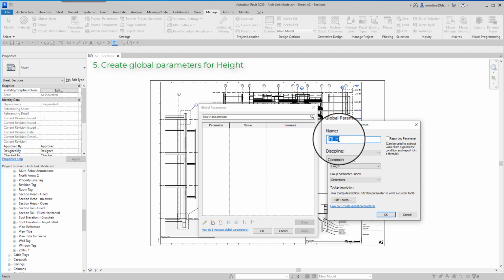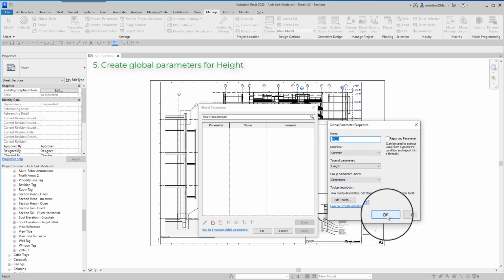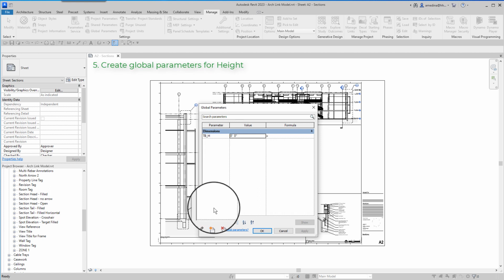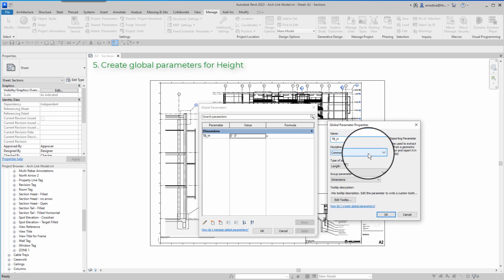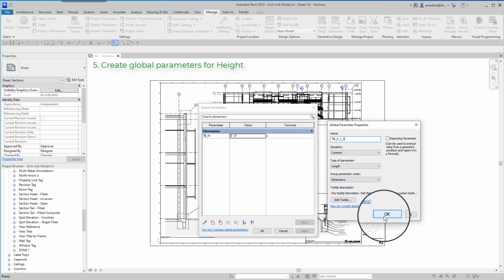I'm going to copy this to create multiple similar parameters. Let's create title block height divided by 2. This is just a name. It doesn't have any formula yet.